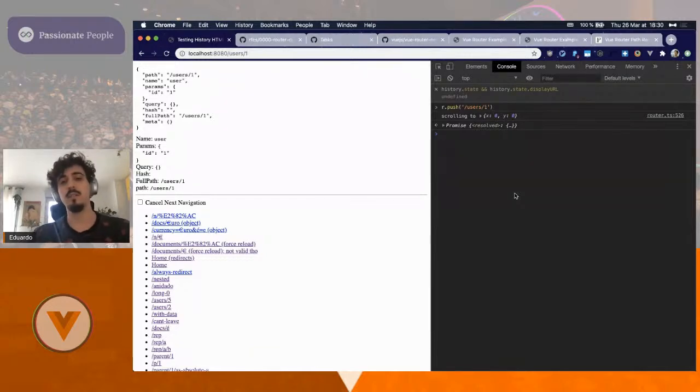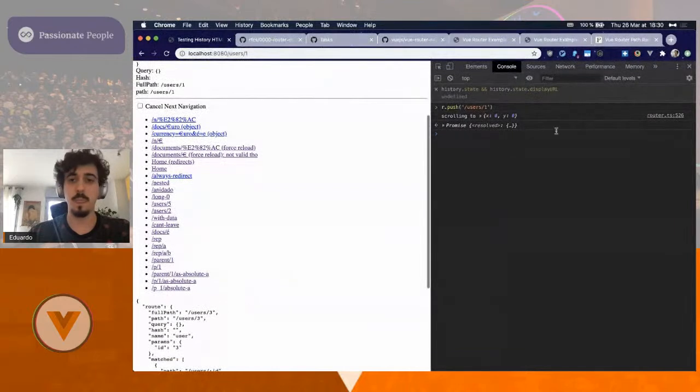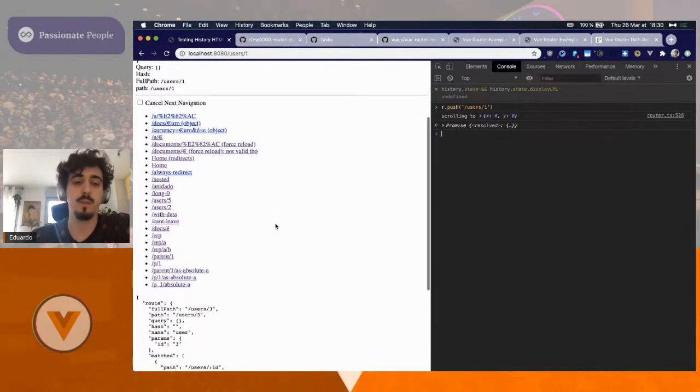So the current behavior makes the promise reject. Ideally, the promise should only reject if there is an actual error. So if you call next in a navigation guard with an error, or if you found an error, that should reject the promise. And the idea is to define these navigation failures so that the user can hook into the failure when the promise is resolved, so they can do different things. So if the navigation was canceled, maybe display, I don't know, a spinner or whatever they want.